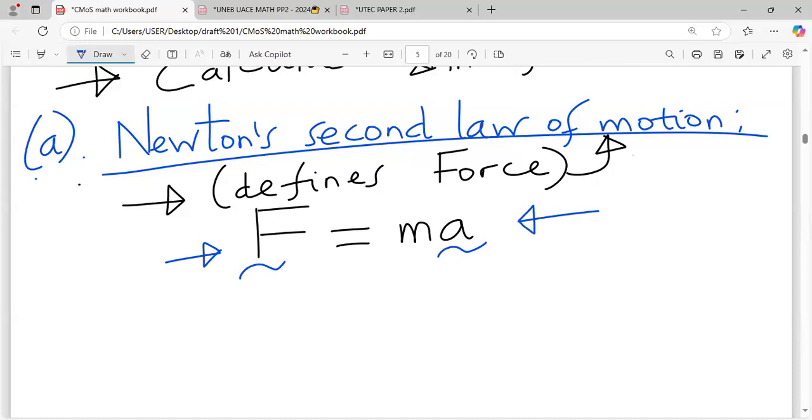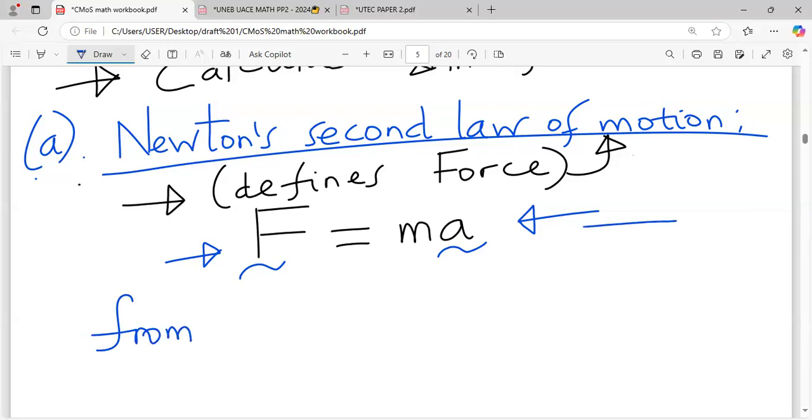At least you learn that today, even if you log off now. But when you have slept, knowing that force is a vector quantity, we put that tilde sign. Then also acceleration is a vector quantity, we put the tilde sign, but m the scalar quantity, we leave it as it is. So from that we can actually tell,